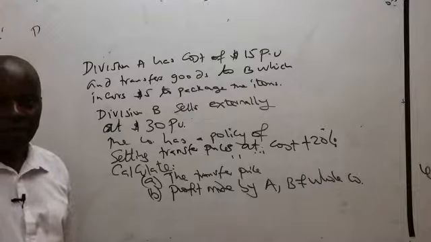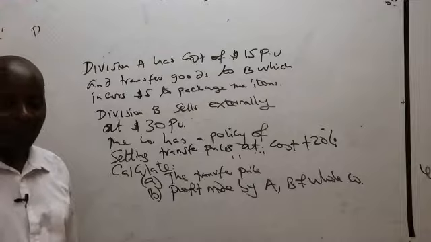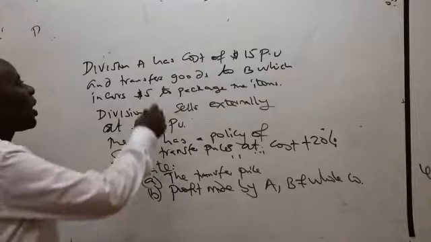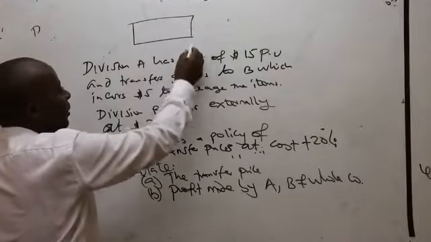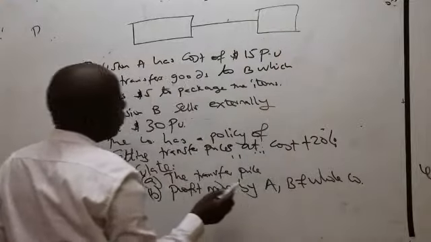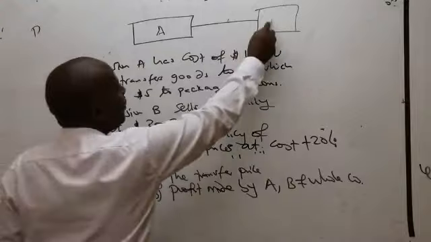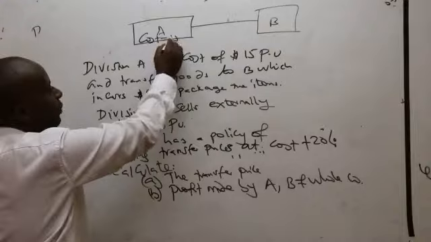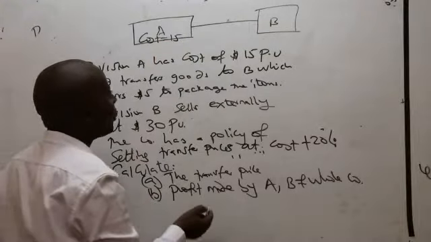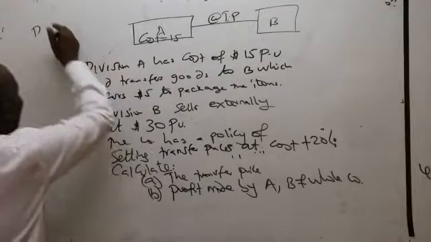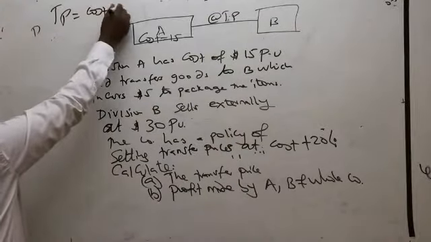Okay, the next one is Dennis 18. Isaiah 18. Philip 17. Great. All these students who are confusing have not taken their time, ladies and gentlemen, to draw a schematic presentation of our process here. So we have a division A, and then we have division B. Division A has a total cost of 15. And B will receive these goods at some transfer price, and the transfer price, we are told, is cost plus.